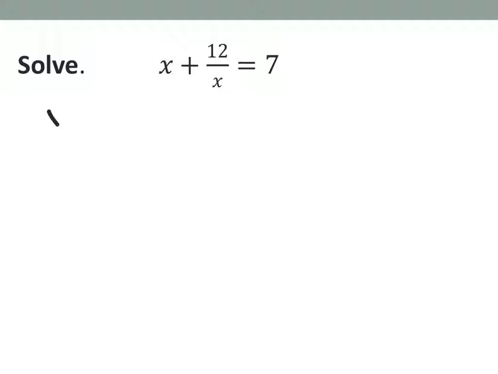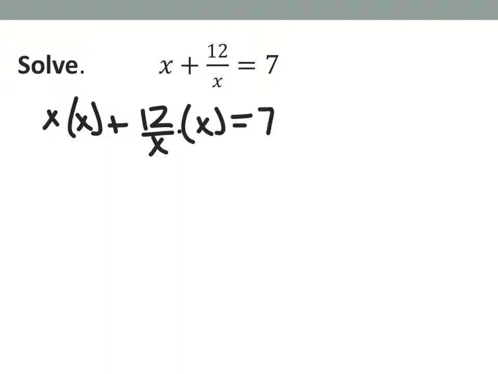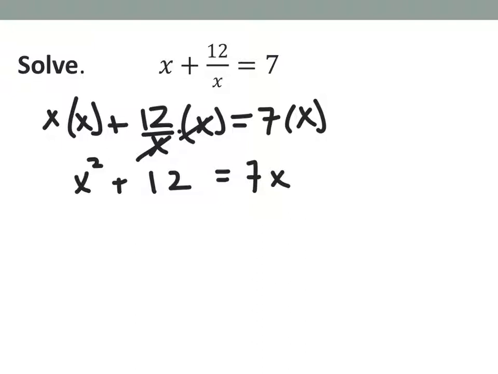So that means we take the first term, multiply it by x, take the second term, multiply it by x, and then don't forget the other side, multiply it by x. When we do this, the first term becomes x squared. The second term, those x's divide out to give you 12. And on the other side, we get 7x. Subtract 7x from both sides because we need it equal to 0, remember, to use the 0 property,